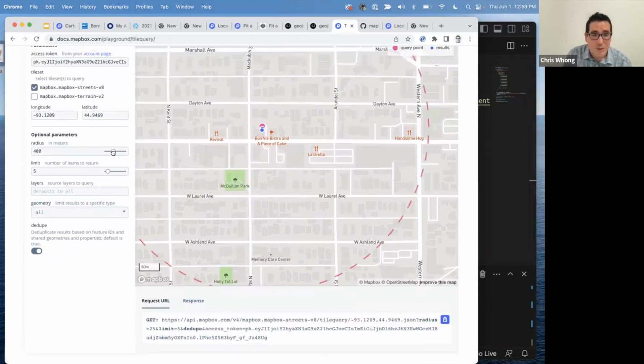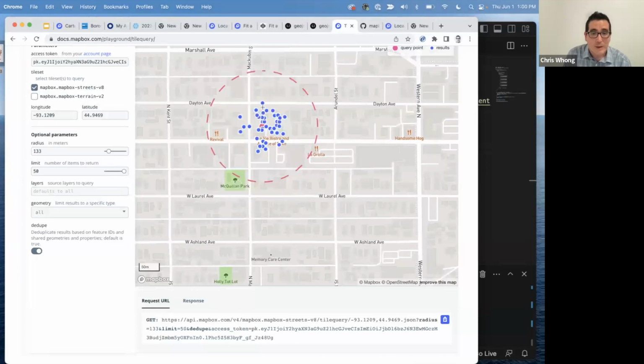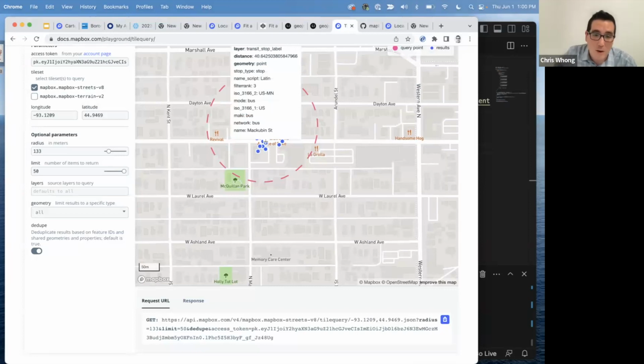So we have a nice little radius drawing here and say, give me back things within this radius in the tile and make that a much higher limit. And then you can inspect all these and say, okay, this one is a building. This one is a house number label. So there's lots of things that you might not think are a geometry, but they end up being their own feature in the tile because when you zoom in far enough, you might want to actually start putting addresses onto the buildings.